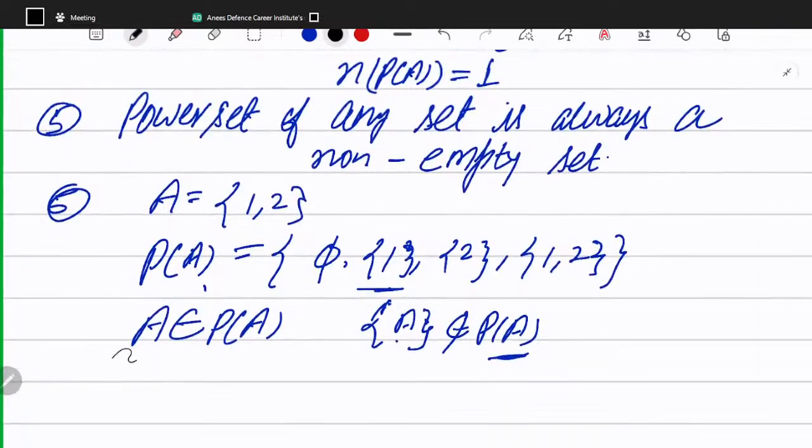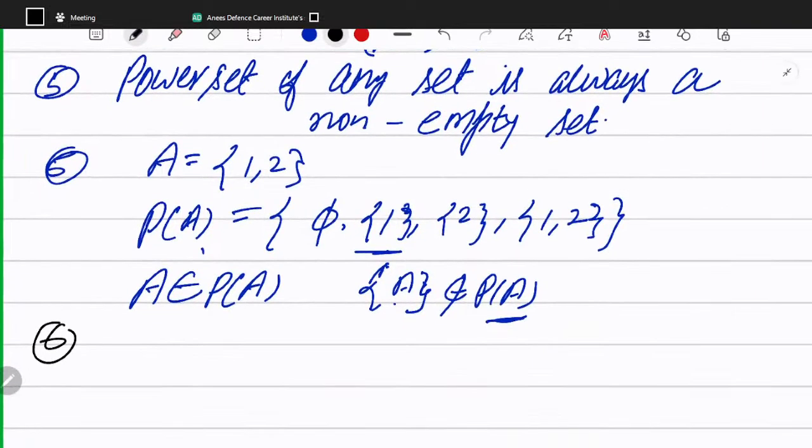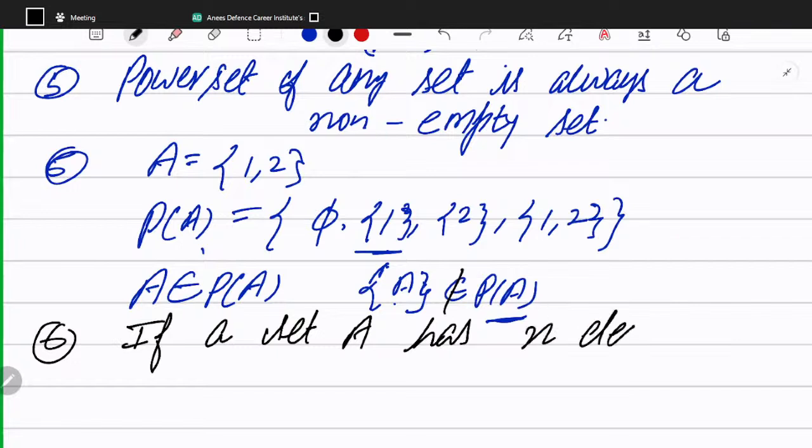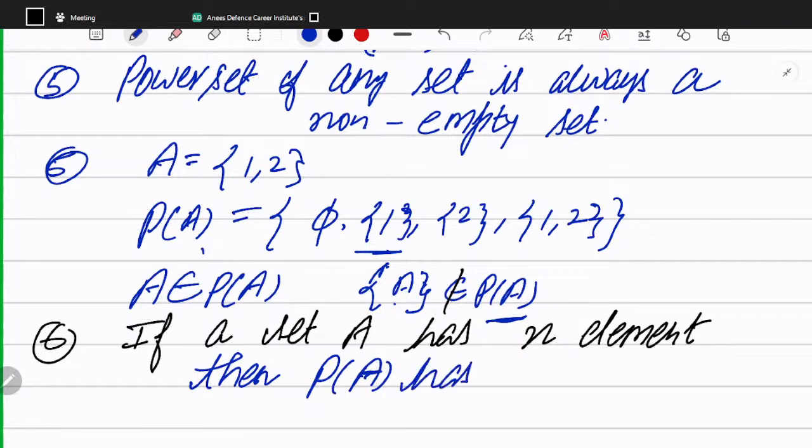Now the next point is point 6. If a set A has an element, then PA has